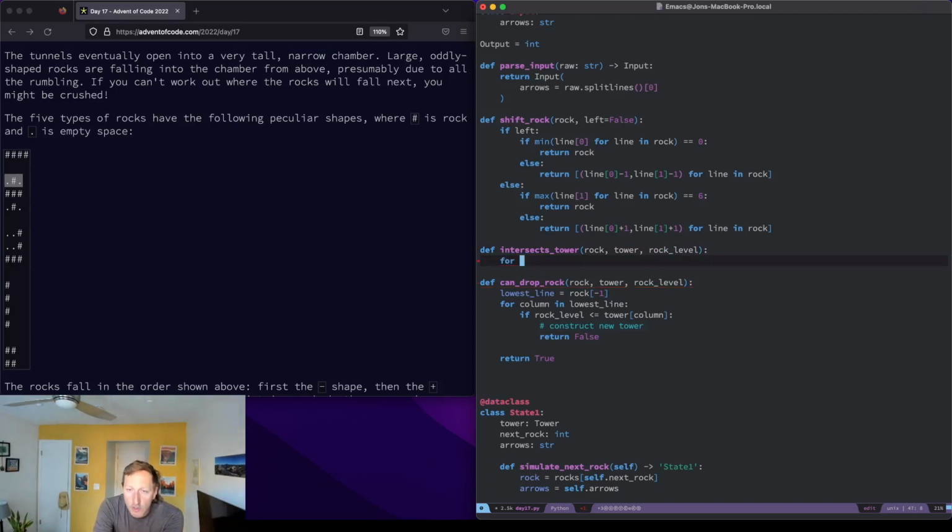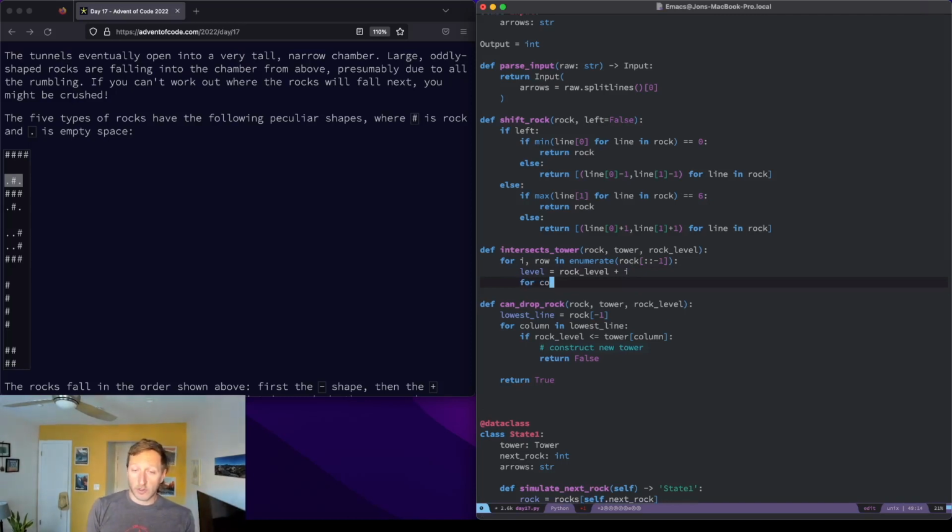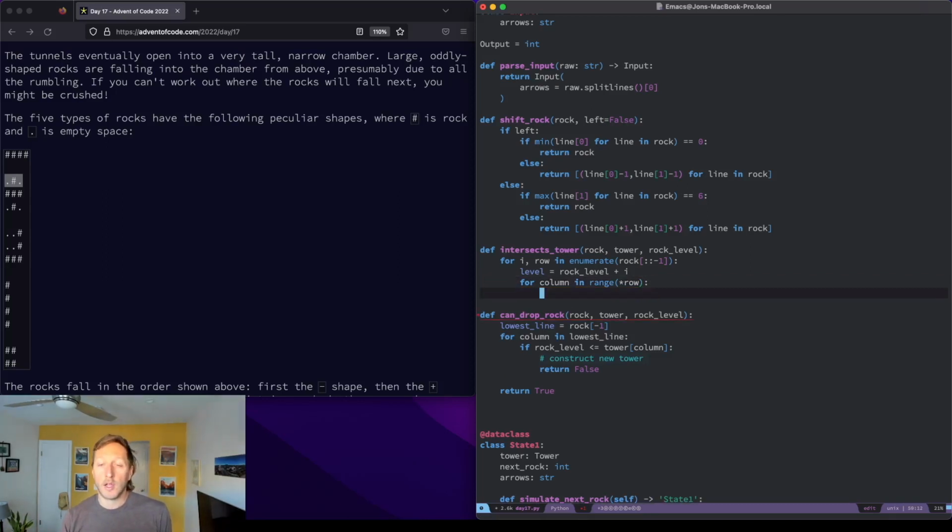So for row, or for i, row in rock, ::1. So we're going to go up the rock. Level equals rock level plus i. Because we're going up the rock, we can increase the level. And then for column in row, in range of row, right? Because remember, these are tuples. The tower, if